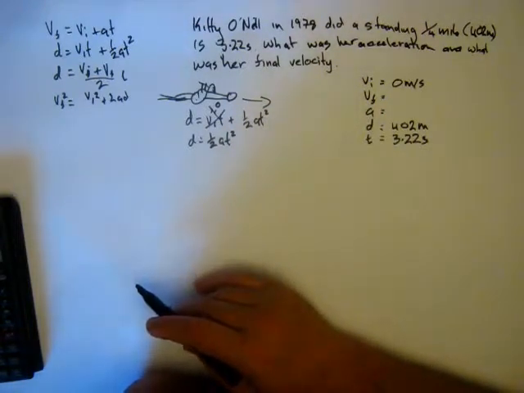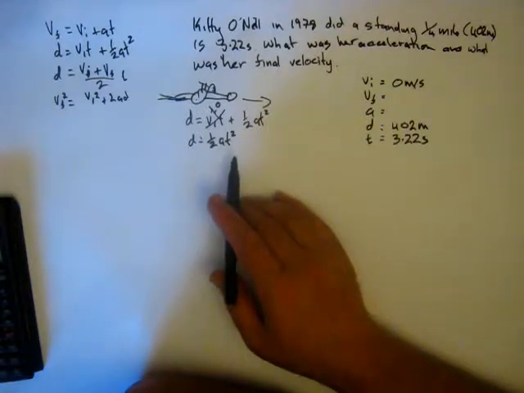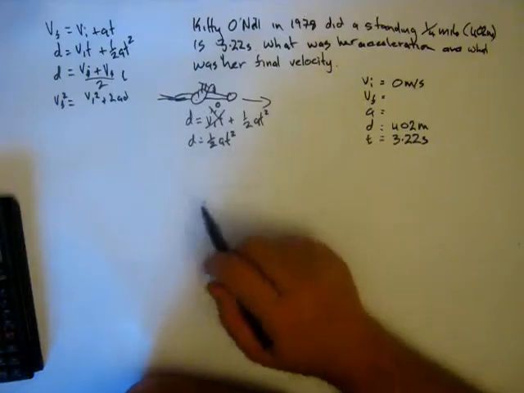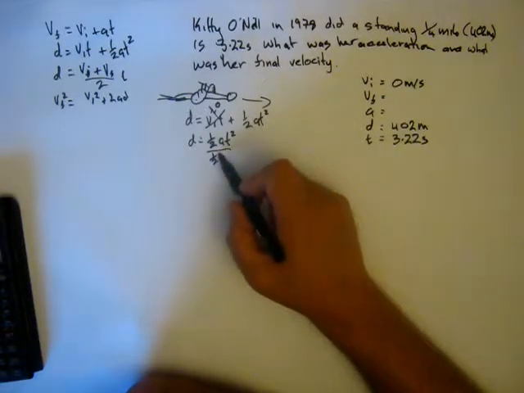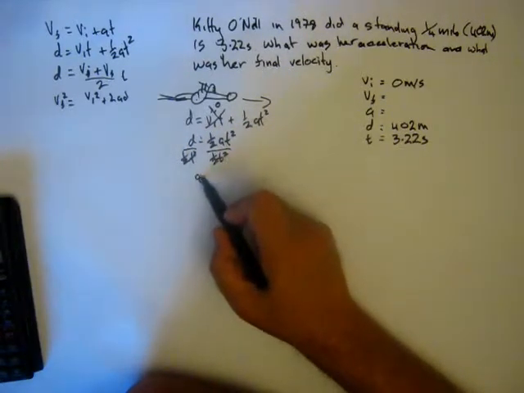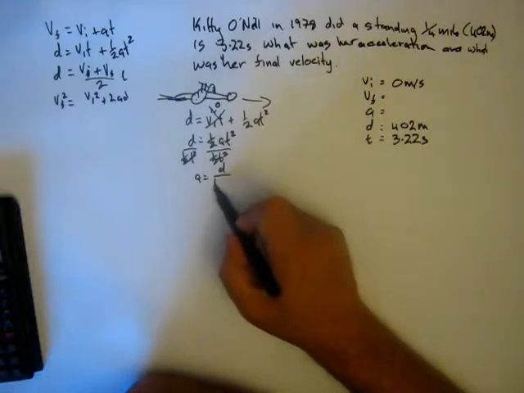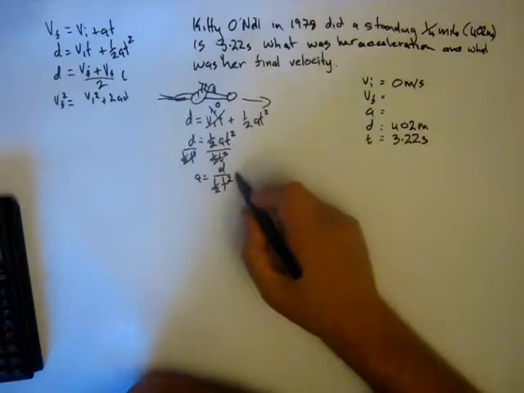I'm a physicist, so I'm going to rearrange this first, for A. So I divide both sides by half T squared. So A is equal to D over half T squared, which is equal to,